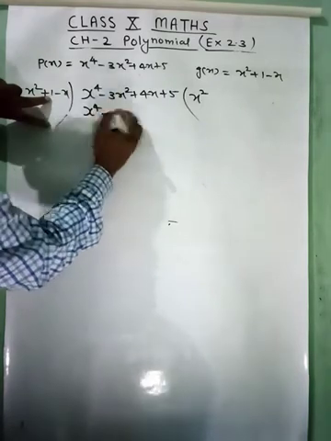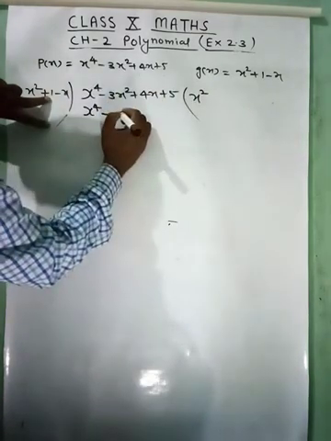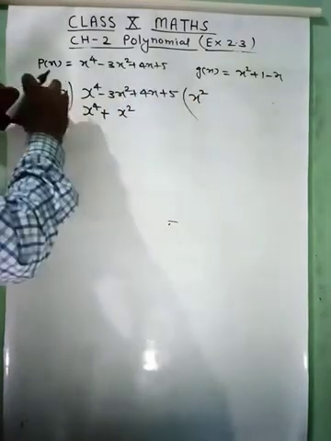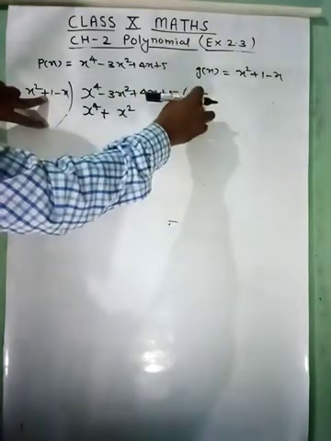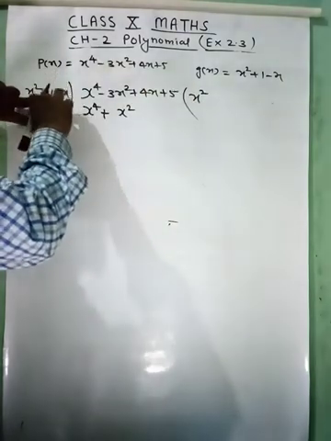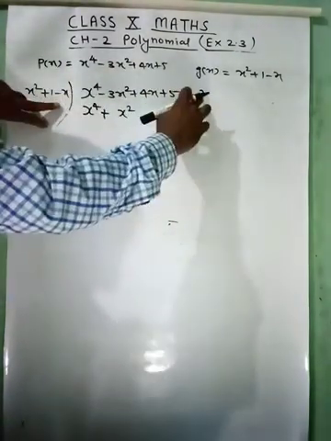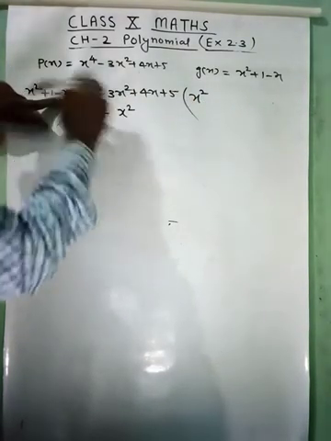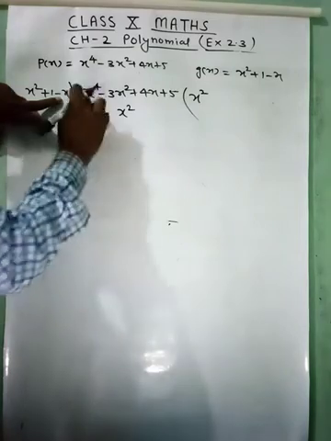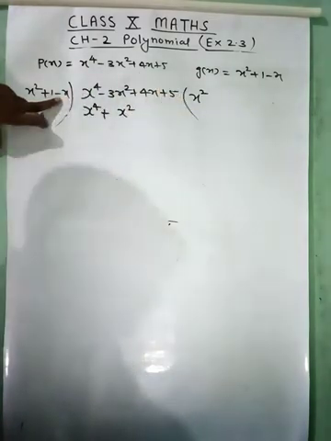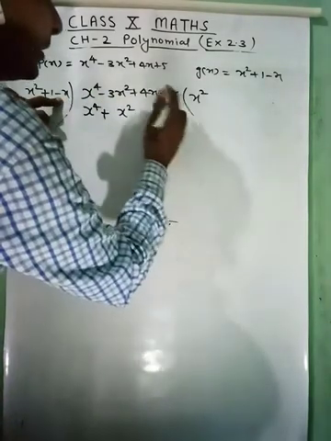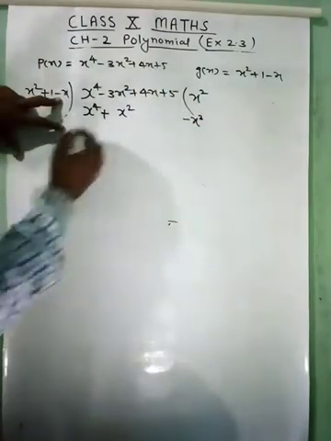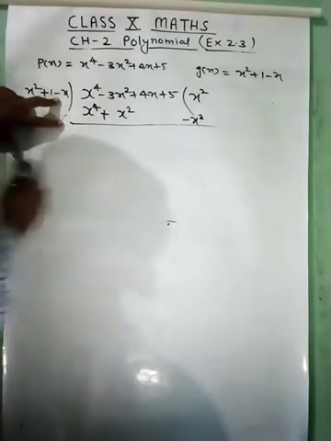Below it we can write here x square with positive sign because 1 is a positive sign. So when x square is multiplied with 1 it will be x square, and when x square is multiplied with x with negative sign, it will be minus x cube. We see here in this expression there is no x cube, so we can write it in another place, minus x cube, and draw a line.